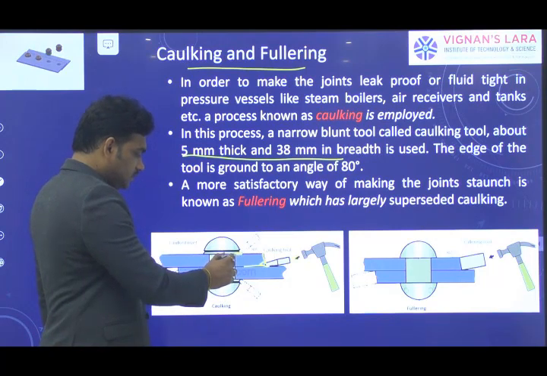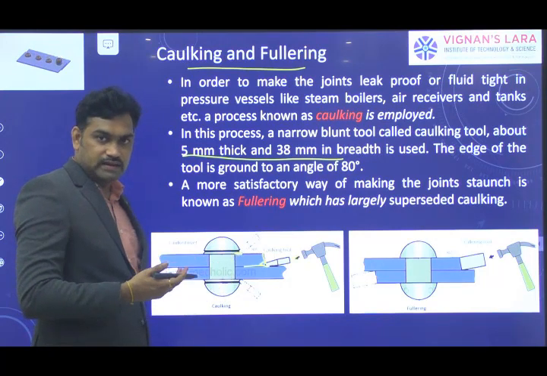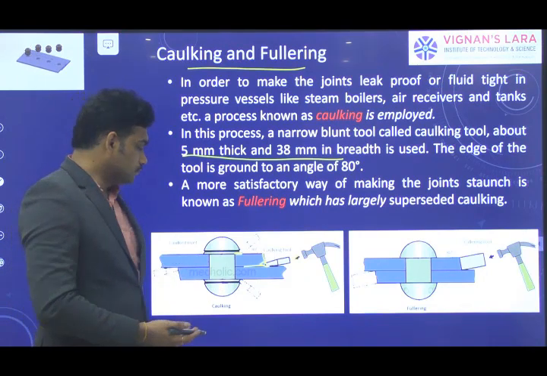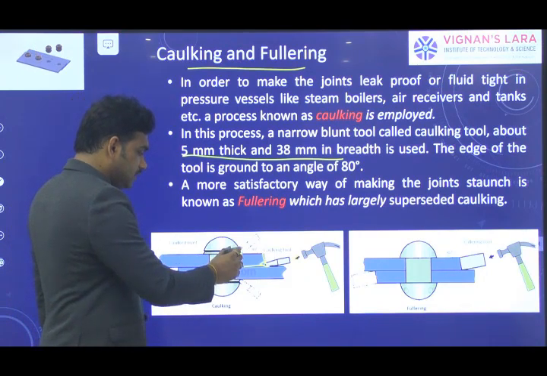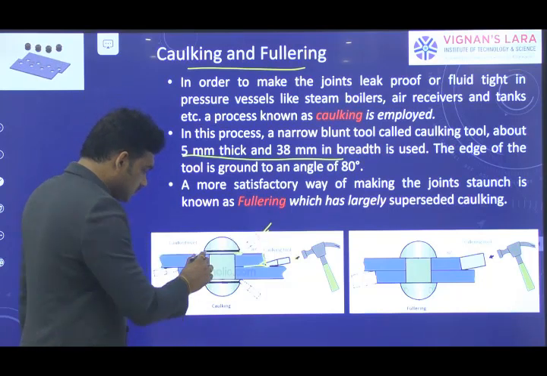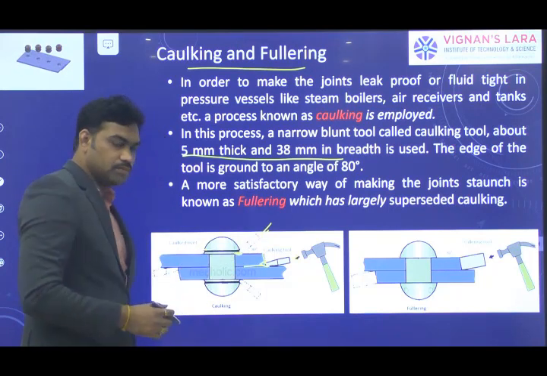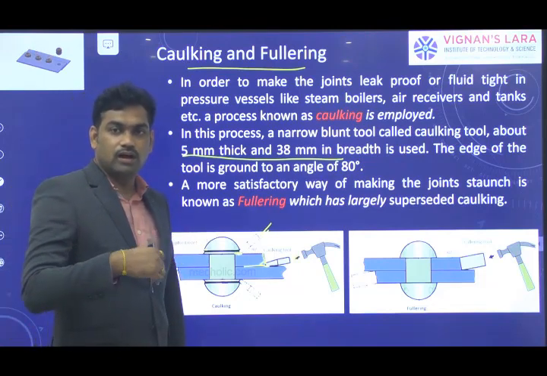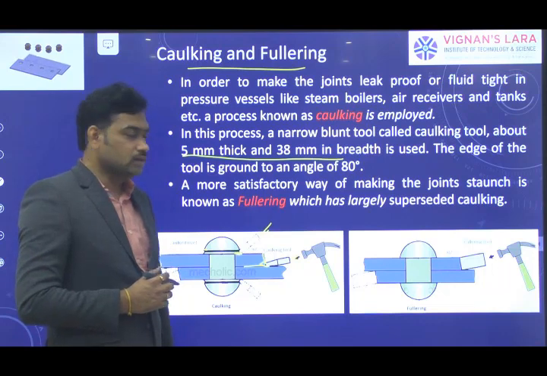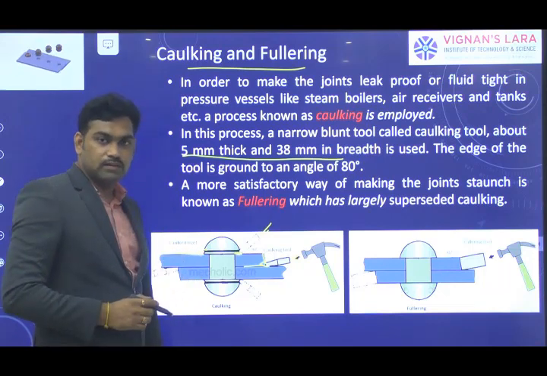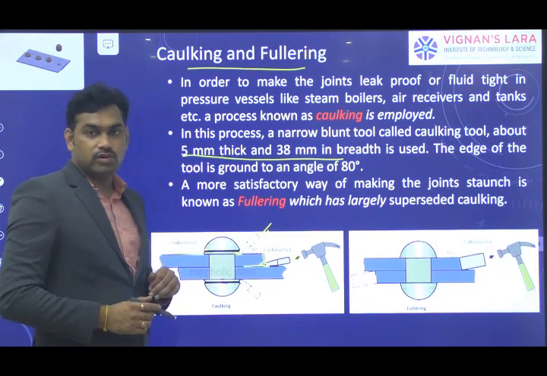As well, if there is a clearance between the head surface of the rivet and the plate surface, that can be avoided by applying a hammer blow using the caulking tool, so that a circular or triangular notch can be provided around the surface of the rivet, which forms a very tight leak-proof joint in the caulking process.